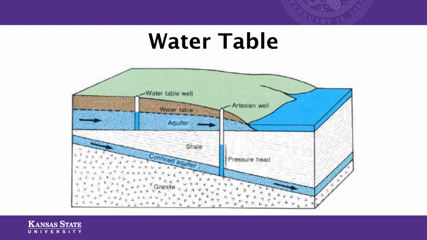If we pump water out of an aquifer faster than it is being replaced, we lower the water table. The water table is the height or the depth at which underground rock is saturated with water. So if you dig down into the ground in your backyard or wherever, there's not a lot of groundwater in the first several feet or meters of underground. You have to dig deep, meters down. And as you extract water, the water table generally drops.